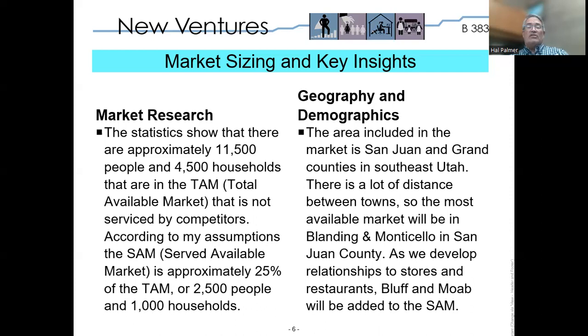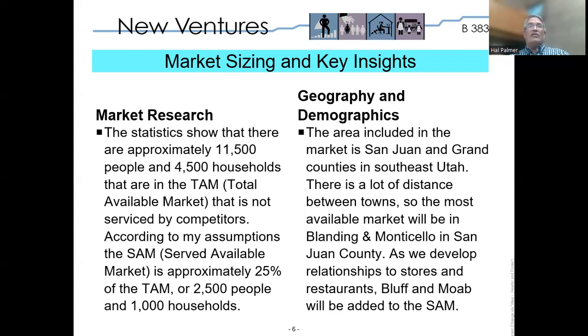So the geography of the area, as I mentioned before, we're in San Juan County, southeastern Utah, but the area that we're targeting right away is San Juan and Grand counties in southeastern Utah. So that's Blanding, Monticello, and Moab. There's other small communities like Bluff and Mexican Hat, Monument Valley. And there's also other areas within that range,